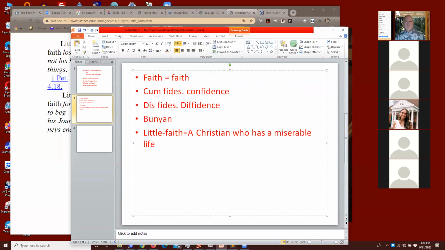Little Faith is a Christian who has, and see, Bunyan is writing as a preacher, and he's writing in order to save people. And so he will tell a little brief story at the top, the way preachers do, and then spend an hour explaining it. So the story is really short. But then there are page after page of him explaining every last detail, which is good for us if we're trying to understand Hawthorne, who is being intentionally vague. He's being vague on purpose. He's wanting us to be as confused as young Goodman Brown, because he's a great author, not a preacher. And so he's got a different purpose when he writes.